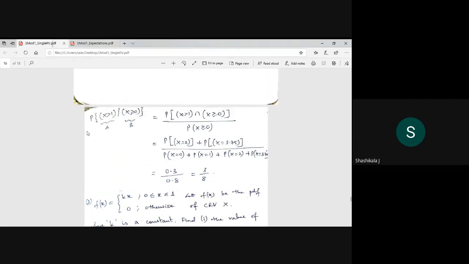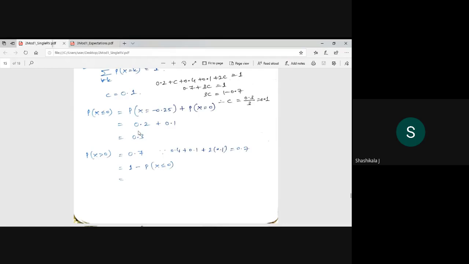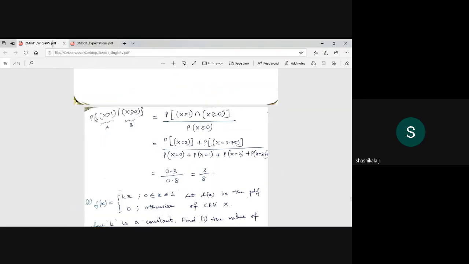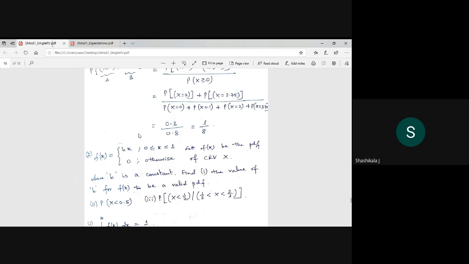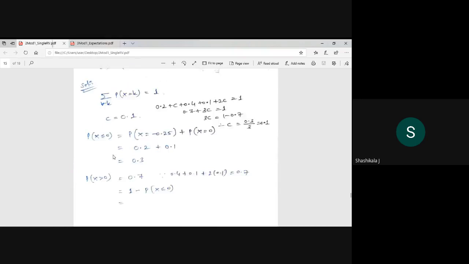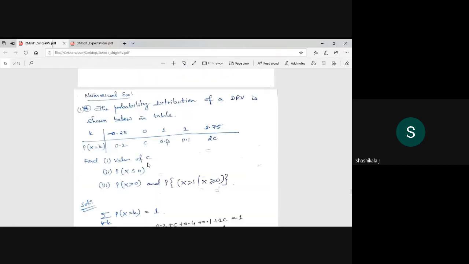Okay. And when you calculate the answer, whatever probability you are getting should be less than 1. If you are getting more than 1, somewhere you are making a mistake. Okay, so please note that. Next is f of X. Till now we have seen this problem, and these are very important. You can even expect them in your main exams. They will give the probability and ask you to find the CDF and the PDF. The CDF is a unit step function, and the PDF is your delta function or an impulse function.